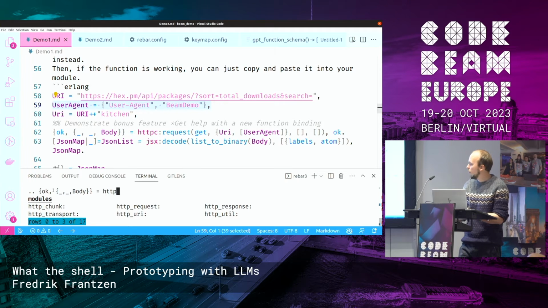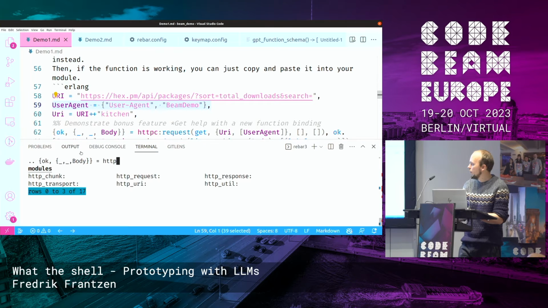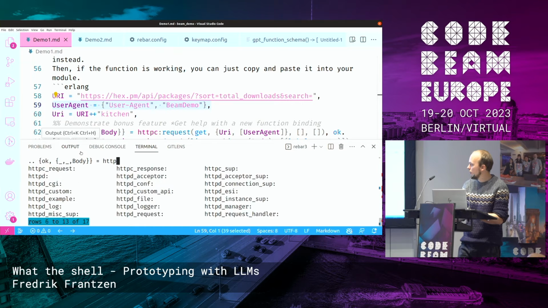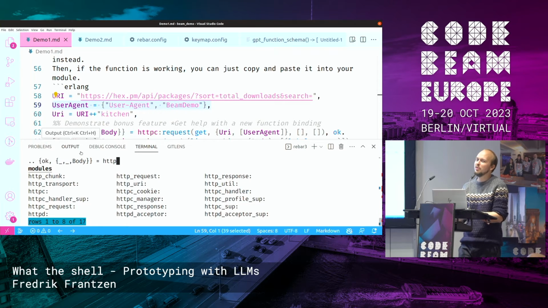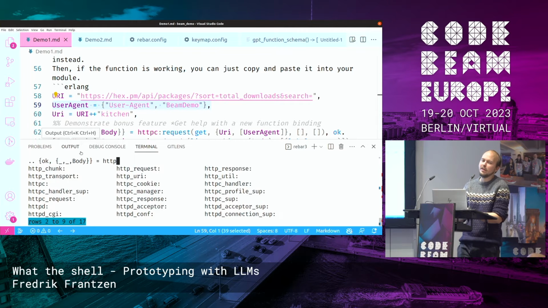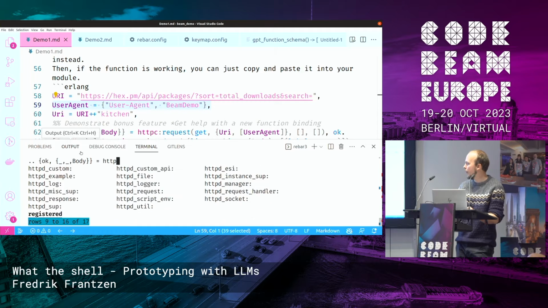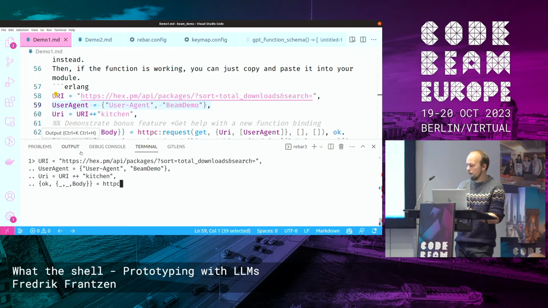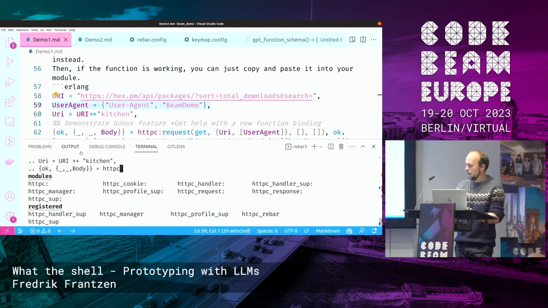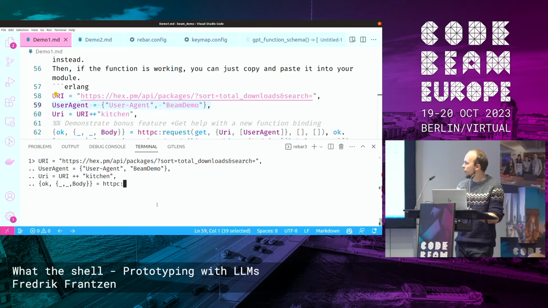But you can also see now that I've added a pager so that you can see all of the different modules that are available. Some of them might be supposed to be hidden, but that's something we will add later, to hide the internally exported functions within OTP. And you can also see registered processes here, if that's something that you would need at that moment. And then you can see the functions.